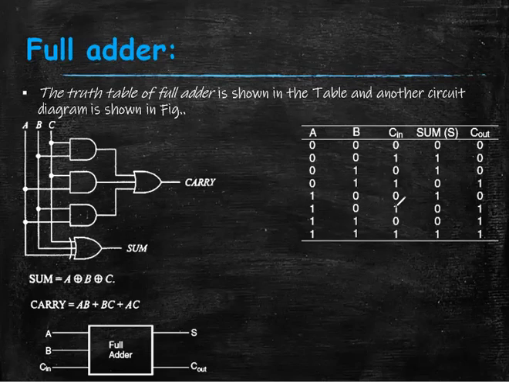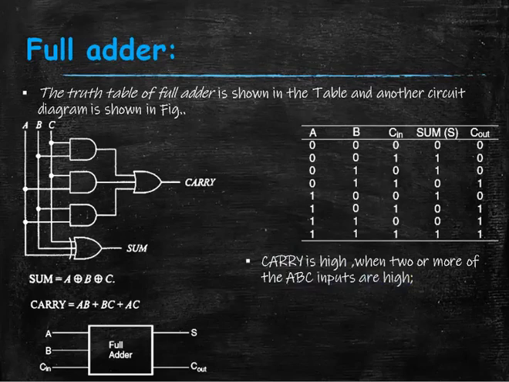When A and C are high, it is high, and when all of them are high, it is high. Then, to obtain a carry high, 2 or more inputs must be high,